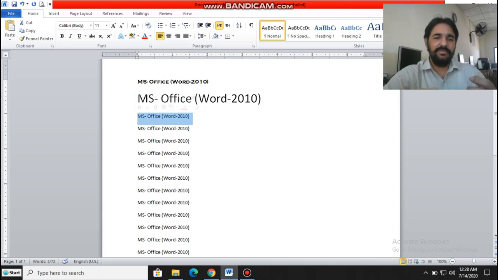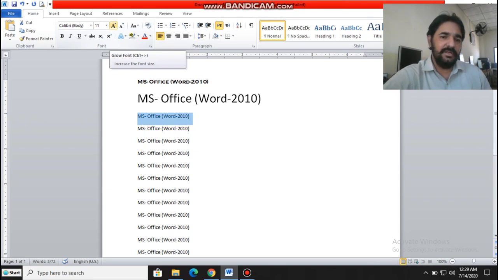Now see, I am not typing again and again, just checking what the operation is and what its effect is on my text. Another important thing: when you are going to check any new operation, there is a particular definition and shortcut key. This is very important. If you remember shortcut keys, it will save your time.